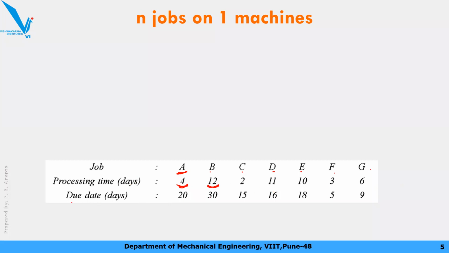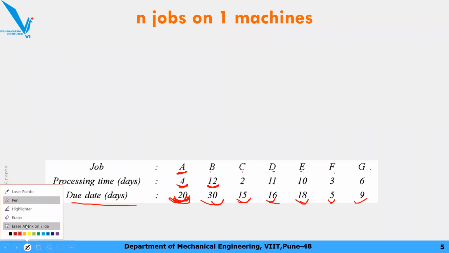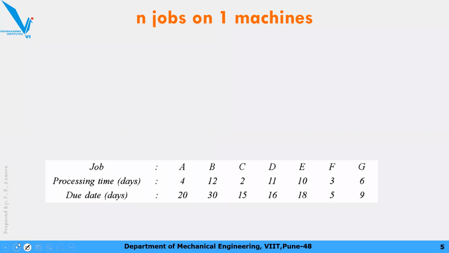Along with that, the due date. The customer will say कि भाई ये मेरा कार ले लो and I need this car back after servicing after 20 days or 1 month or half month and so on. So the due dates are also known to us, that the job has to be completed within this stipulated time. Generally, whenever we see n jobs on one machine, the due date will be given to you. Okay, so due dates are like this. So there are some rules by which you can obtain that sequence.